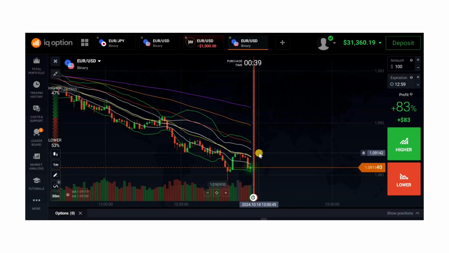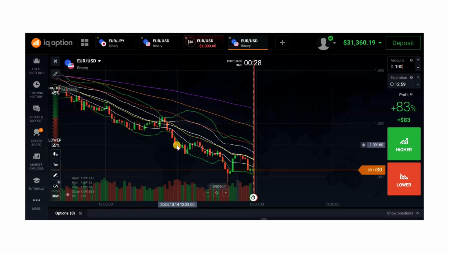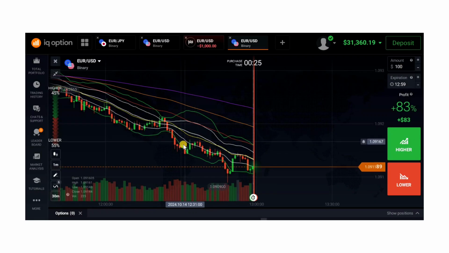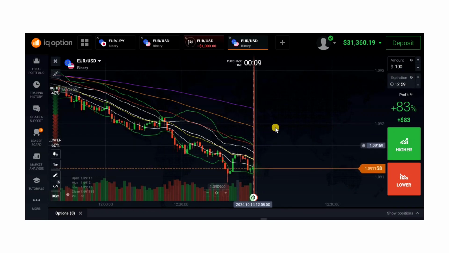So for instance, let's say you started trading from here. If you are doing a put trade here, put trade here, put trade, put. Now you see you have one, two, three, four, five, six, seven in a row, 7 wins in a row, and you lost this one. Now immediately you lost this trade, you stop until the market comes back here again. You have one, two, three, four trades in a row, you lost one. Immediately you lost one, you stop until the market comes back here again, and you have one, two, three in a row, you stop.